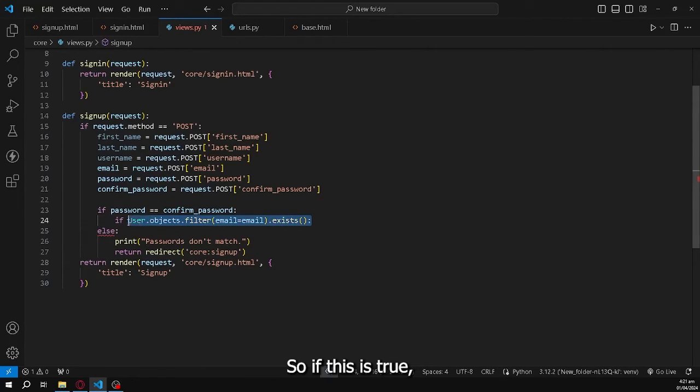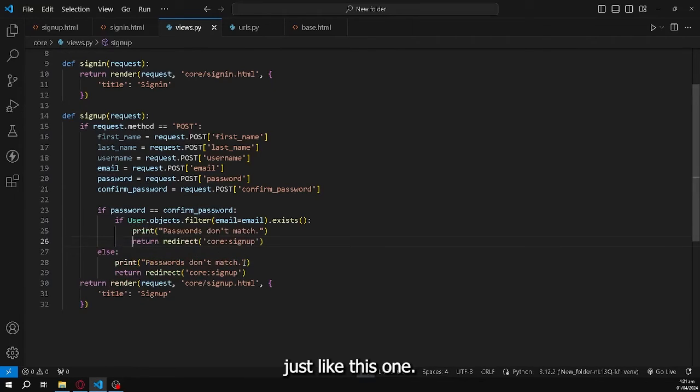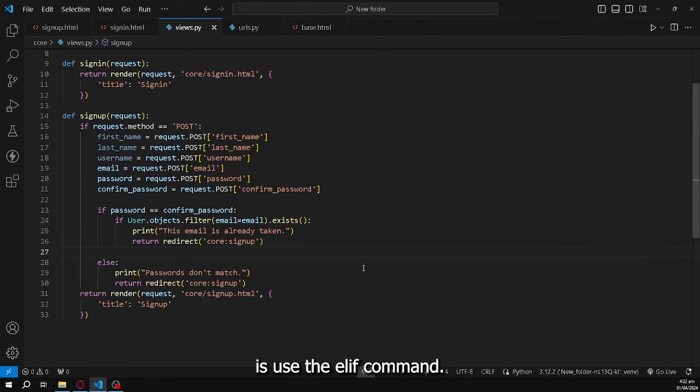So if this is true, of course we will pass or we will redirect. So for now, let's pass, but we will add here the redirect to the homepage, and also we will print something on the terminal, just like this one. Sign up, and let's say here this email is already taken, just like this one. And then here what we can do is use the elif command,